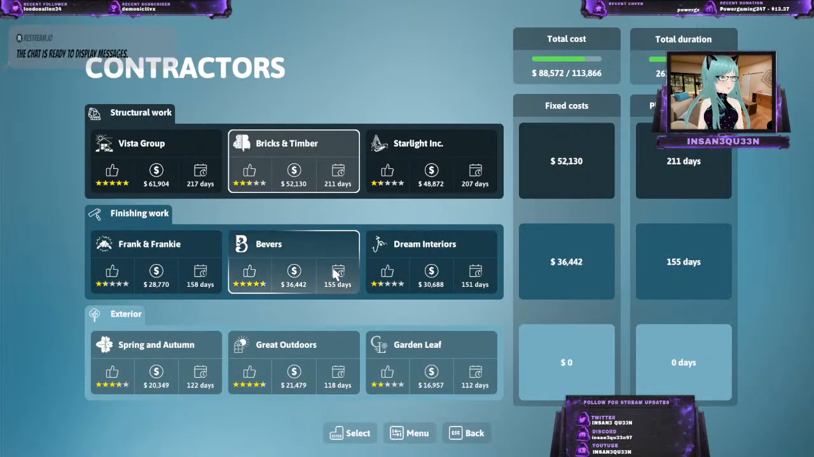So now you want to be like, finishing work, okay, I want the inside to actually look quite good. So you'd then put a little bit more money into that. That's 36 grand. That is 4.5 stars, 155 days. That is the best they've got on here for finishing work. Then you're like, okay, so 88,000 is 261 days. I've got 99 days that I can have for the total duration. And I've got a total cost. I can spend an extra 22